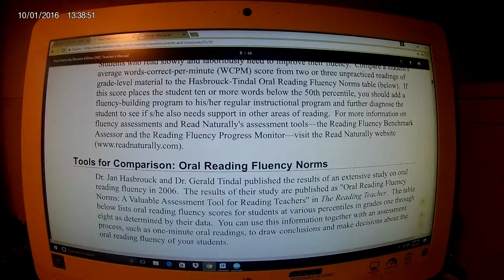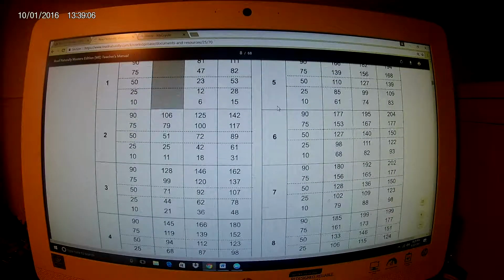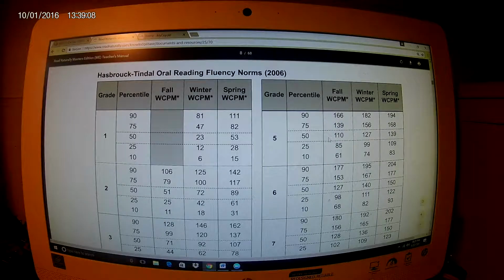So what you want to see is, on this Hasbrook-Tyndall oral reading fluency norms table below, that the student can place in the 50th percentile. We want them to actually do better than the 50th percentile. So for Isaiah, he's in 5th grade. When we give this assessment, you can see that in the fall, we would start off